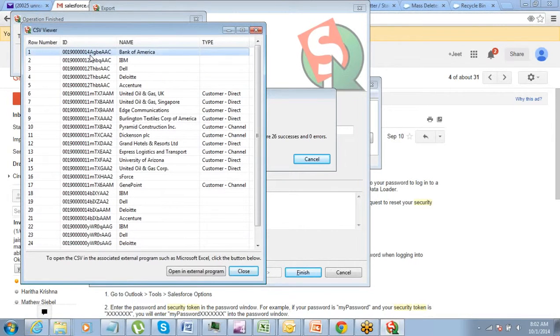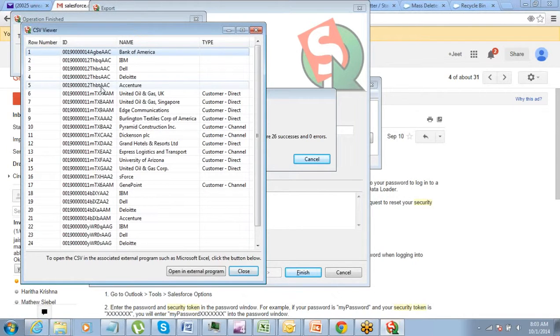Every record has an ID. If you see, name and other fields are there, but Salesforce generates a unique ID for every record. This is that unique ID. All right. Now, if you have to update or delete data using data loader, then you have to use this ID. So you want to delete some records. Let's say you want to delete these 3-4 records using data loader. Then you have to supply the IDs to the data loader and say delete these records. So deleting data in data loader will require you to have an understanding of the ID.